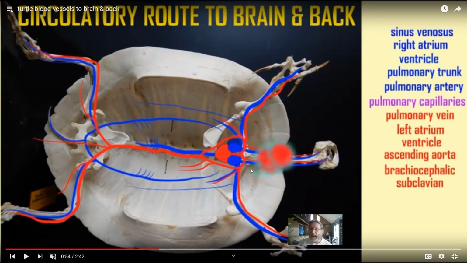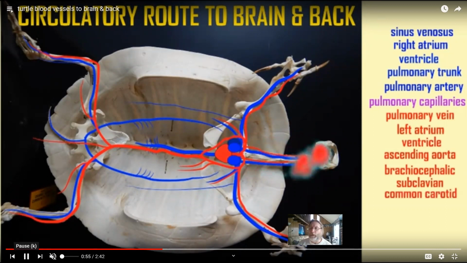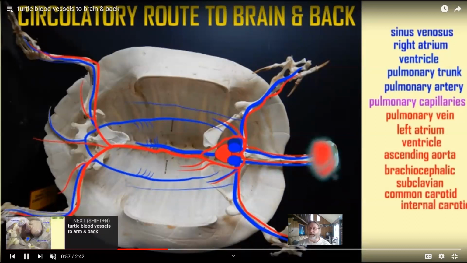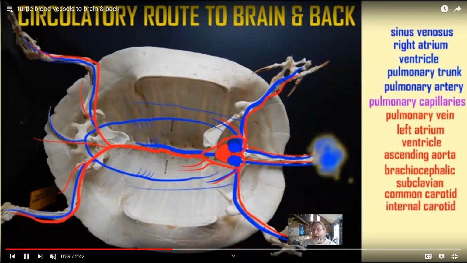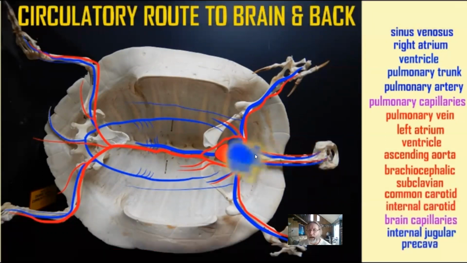There are two of those, as opposed to us, which just have one. And after the subclavian branches off, the common carotid will then take the oxygenated blood to the brain, where the internal carotid reaches the brain, and then the jugular vein will bring it back